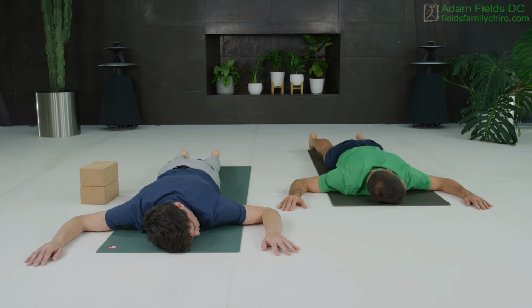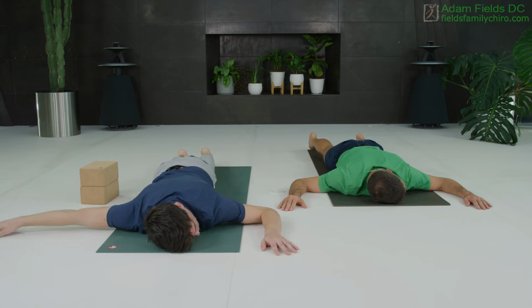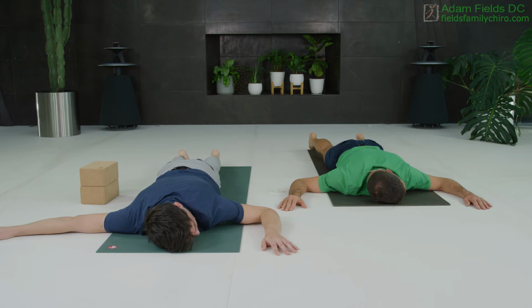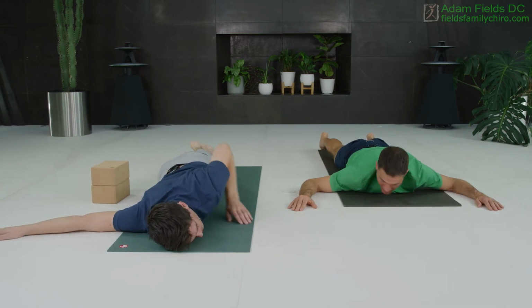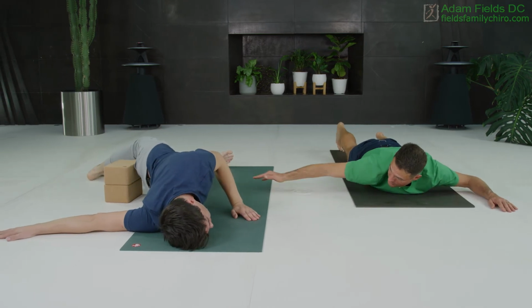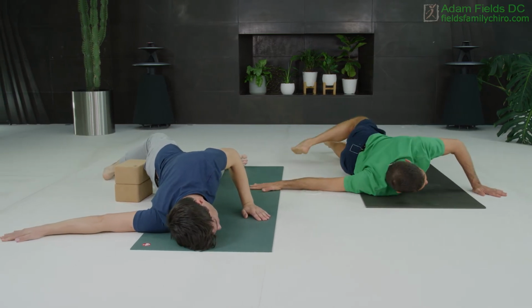If you want to come to crocodile, the standard edition, what we're doing is we're straightening that right arm, and the right arm stays in line with the shoulder. So it's the same sort of thing. It's just going to be a little bit more intense because we don't have that 90-degree bend in the arm. So by extending that right arm and then once again leaning over and keeping that arm in line with the shoulder,